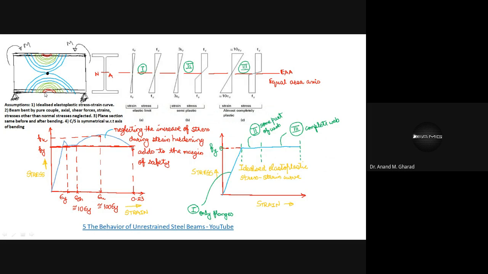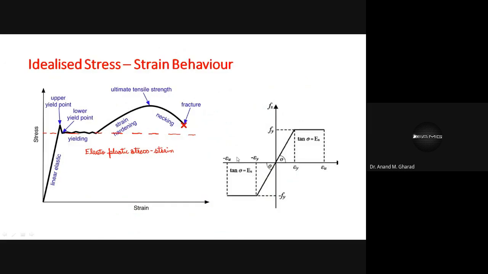Those stresses will be of same magnitude only because of this assumption. So what we have assumed, that whatever stresses are developed in the compression side in order to maintain equilibrium, because you can see in the compression side, in order to maintain equilibrium, same stresses will be developed in the tension side as well,